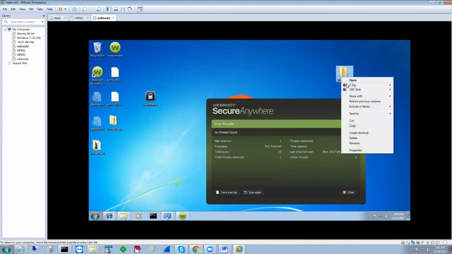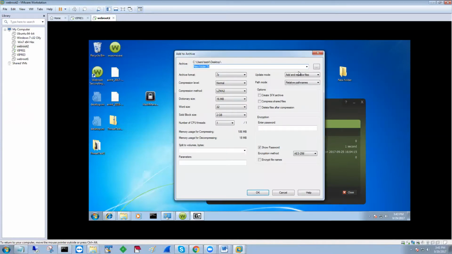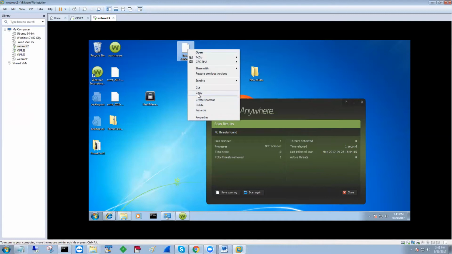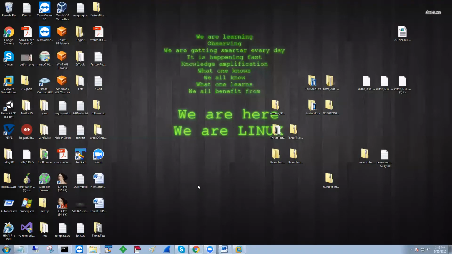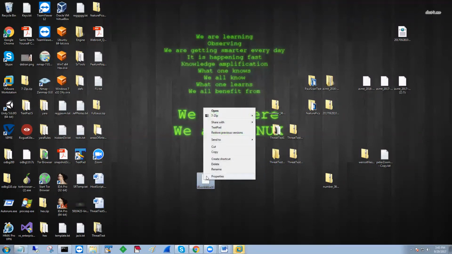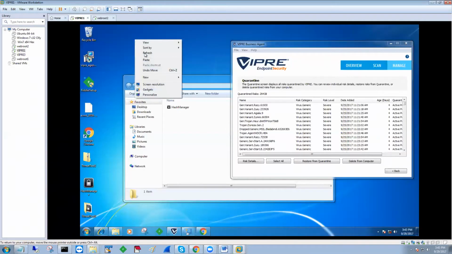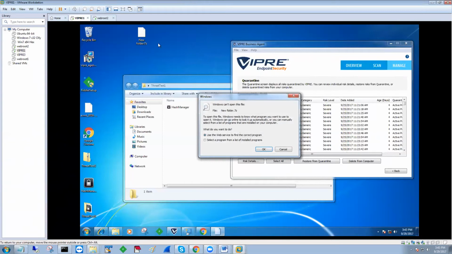Actually, my bad. Let me do it in a different format. I'm going to copy this. I'm going to put it on my desktop. There it is. I'm going to copy it now from my desktop to my VIPRE VM. So there it is. Besides me, before I extract it,